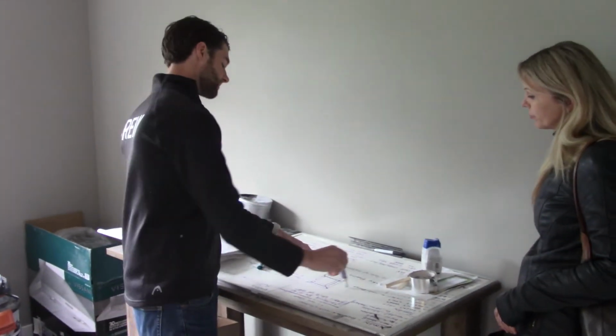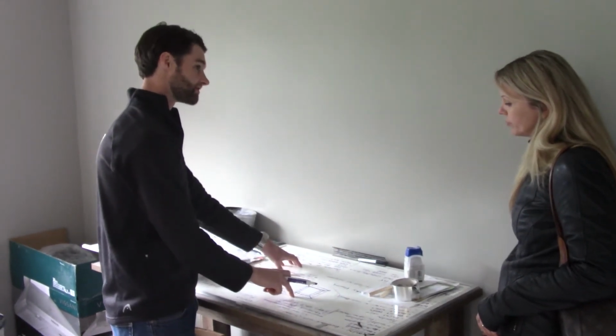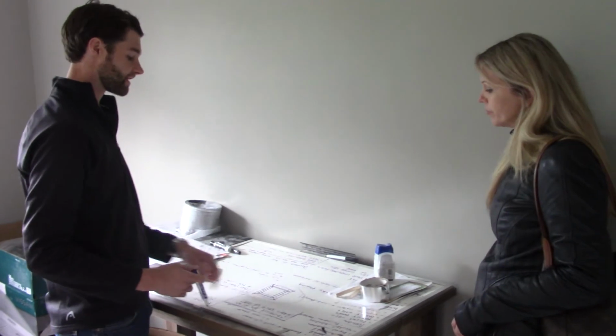That ceiling treatment will be probably dollar for dollar the same cost to you, but the value that that will drive to make it feel like a luxury kitchen or a luxury bedroom or a luxury master or whatever